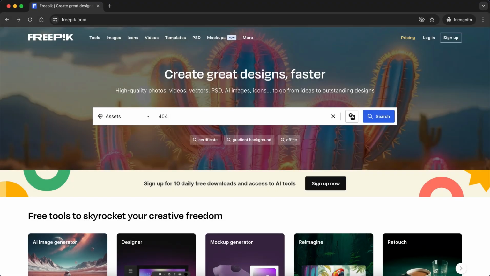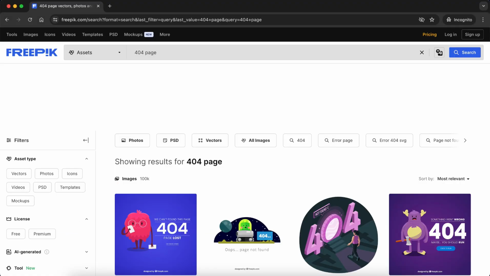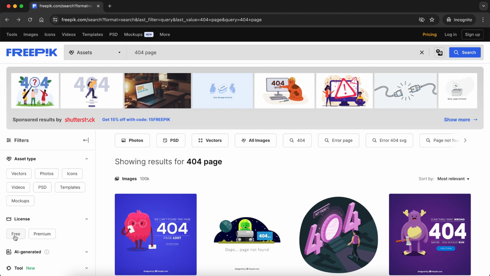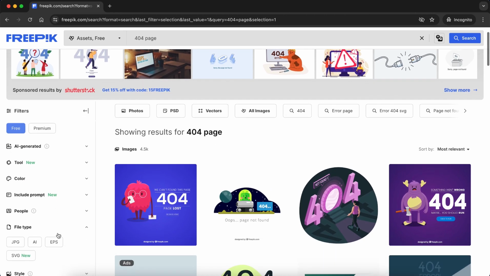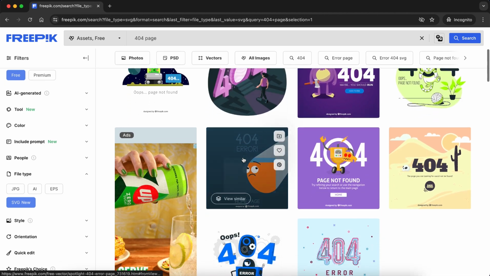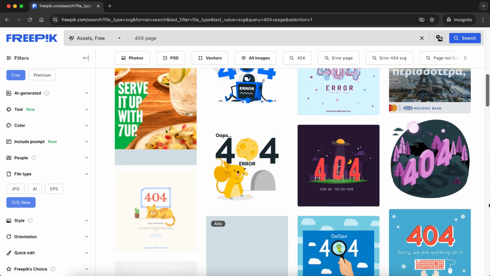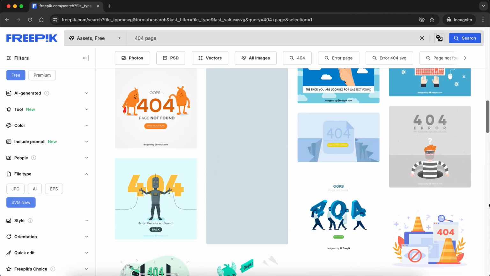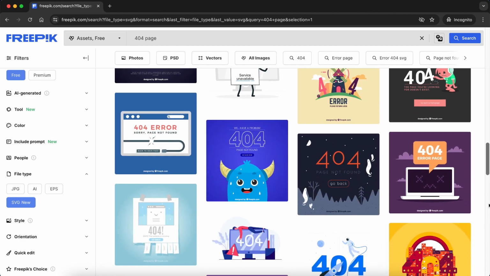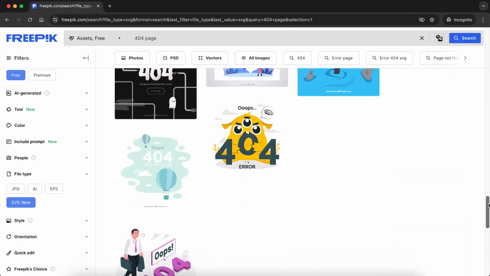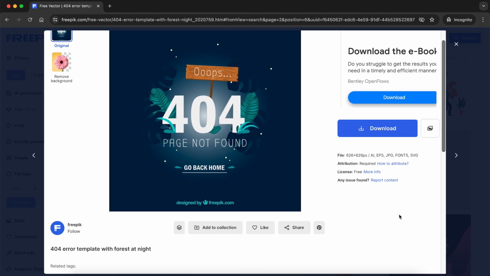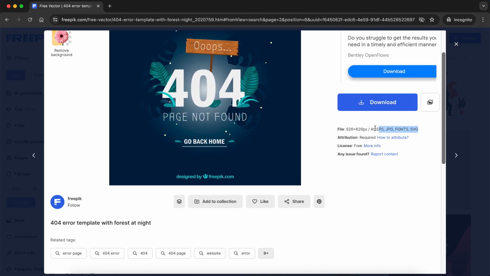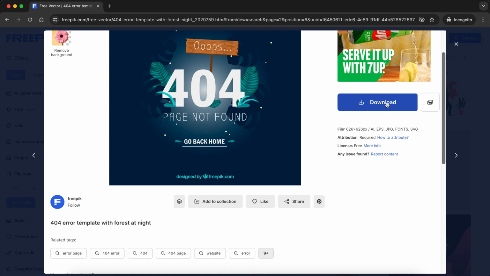First, I need to find and download a free SVG file. I'll use Freepik for this. To access images that will be useful to me, I select Free and then choose SVG as the file type. If you use it in a commercial project, I recommend you read the license terms of Freepik. You can also see the file types of the images you will download here.